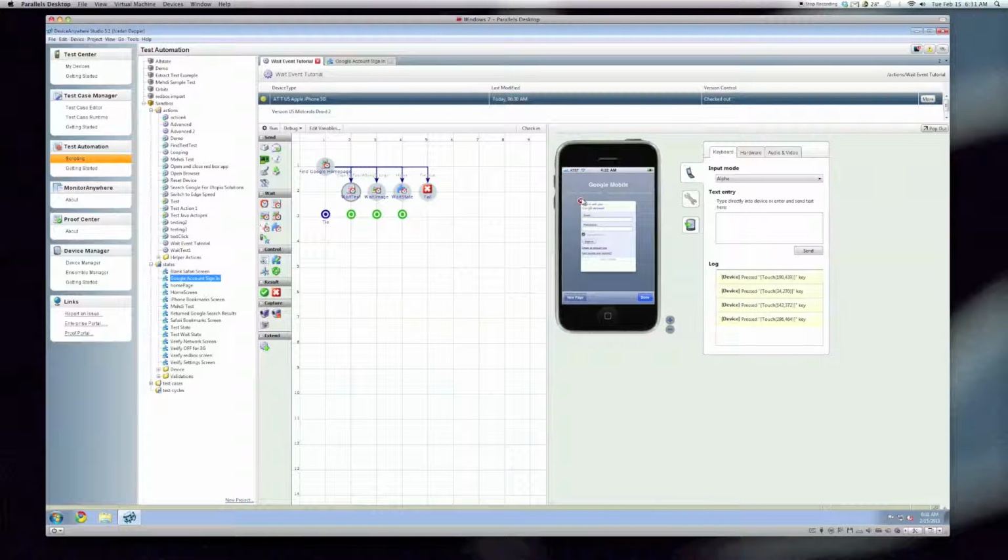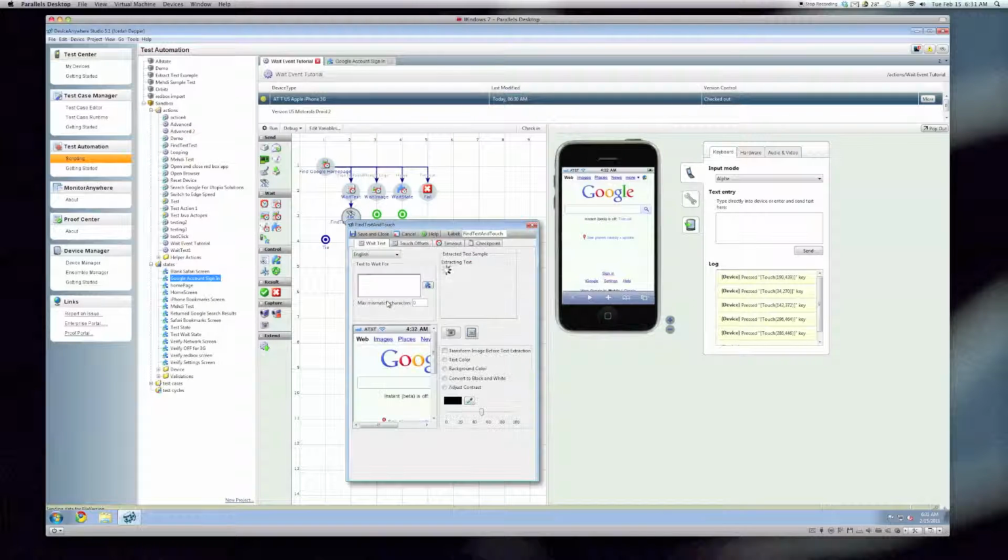Without making this whole tutorial too verbose and too long, what we'll do is set up a couple of common scenarios here. The first one we'll use is wait text. Okay, so let's do this. We'll use a find text and touch to add onto here. So if it waits and finds the text sign in, we're going to use a find text and touch, and we're going to assign that